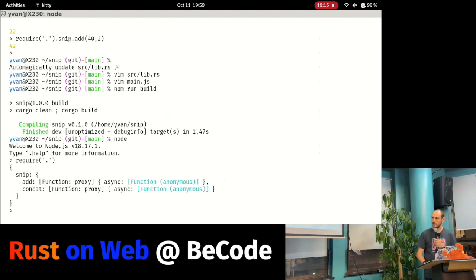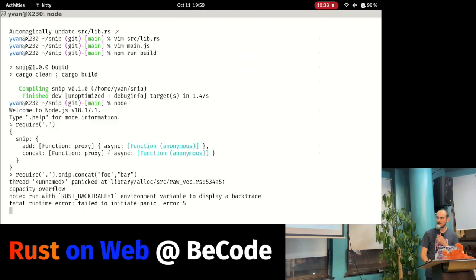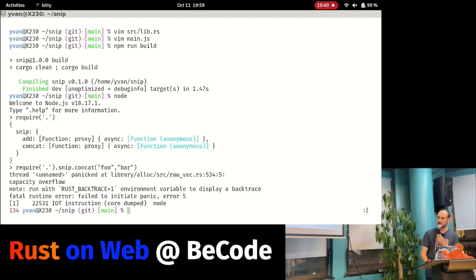Pretty cool. So concat, snip.concat. Yeah, I'm really showing a lot of imagination in my example. Yeah. And will it work? Suspense. It made